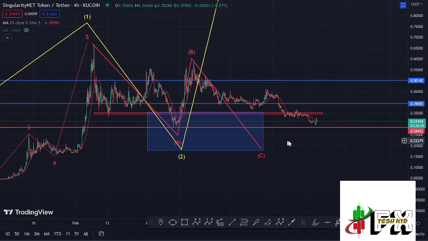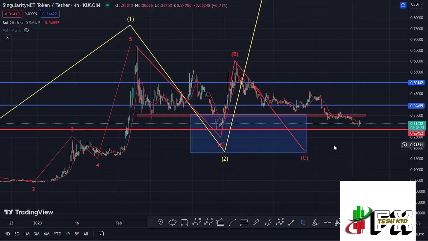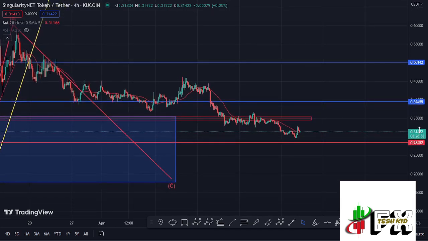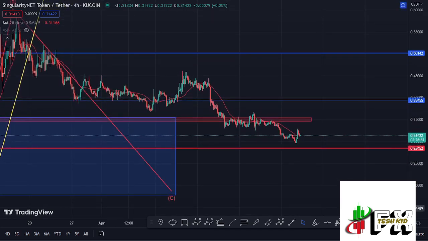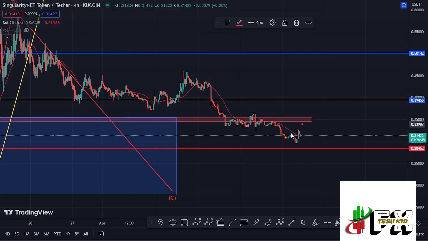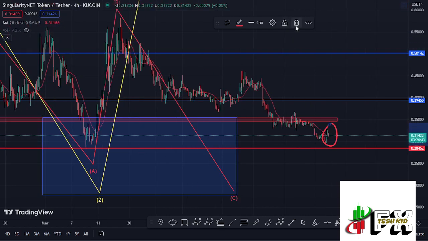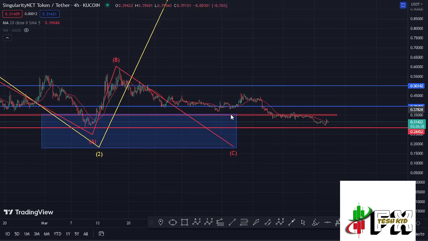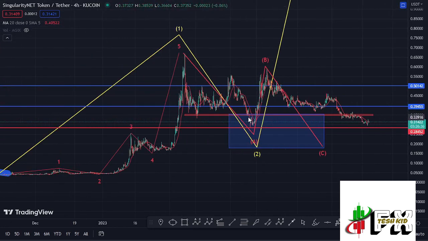Welcome back to TechKidFX for another Agix price prediction update, which at the time of this recording is holding above the 20-day MA here on the 4-hour chart, which is now acting as support for us to continue gearing up. We have also continued to obey the Elliot structures,